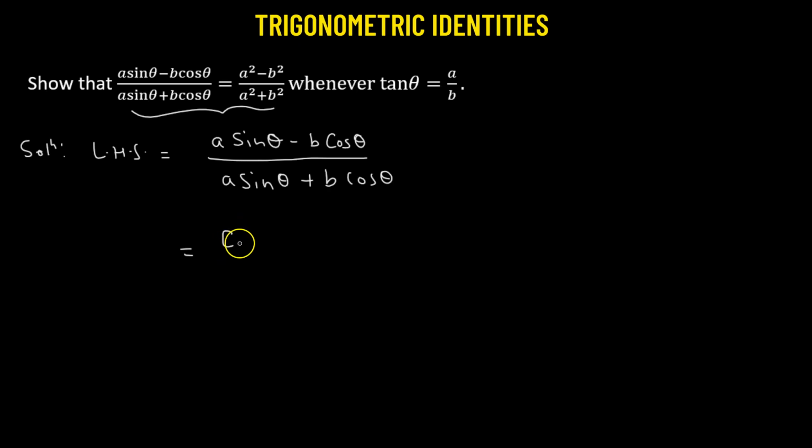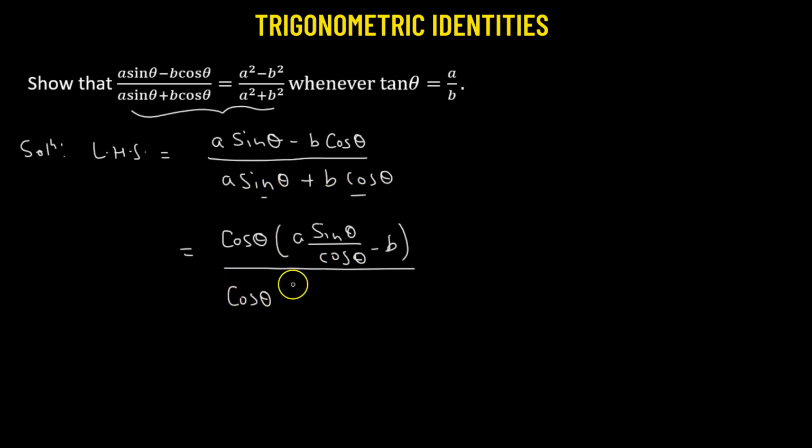Let's take cosine theta as the common factor in the numerator. So we have a times sine theta over cosine theta minus b, whole divided by, so from the two terms in the denominator, again we're going to take cosine theta as the common factor. So that means we have a times sine theta over cosine theta plus b. So cosine and cosine get cancelled. This is going to leave us with a times